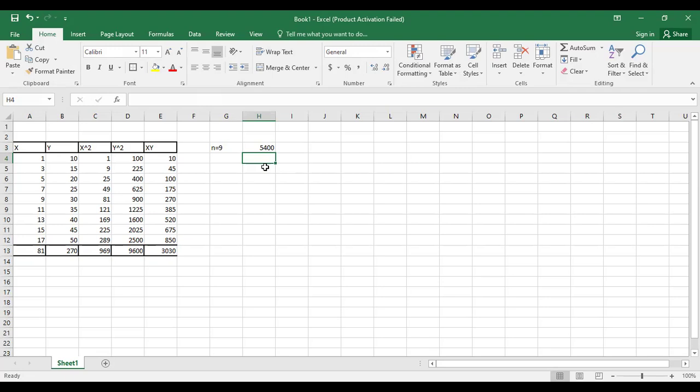We have n multiplied by the total summation of x squared, and then what else? Minus the total summation